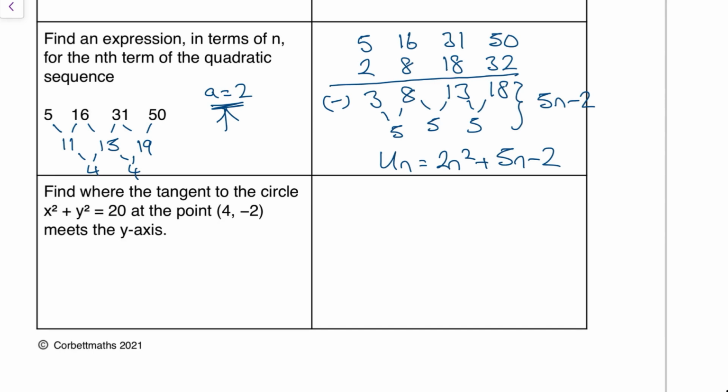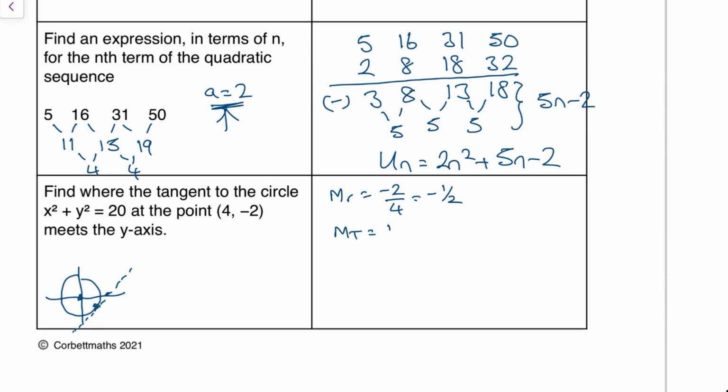Find where the tangent to the circle at the point 4, negative 2 meets the y-axis. Okay, so a little twist on the normal question, is it? So I've got a circle, centre 0, here's my circle here, and let's draw a very rough graph. And 4, negative 2 is somewhere here, and so my tangent's going to do that. So in other words, I'm looking for that line there, positive gradient. The way you do this, I'm going to work out the gradient of the radius to 4, negative 2, so that's going down 2 and across 4, which is minus a half,